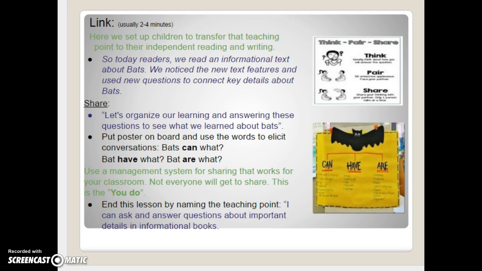You can put up this poster on a board. You can project it on a whiteboard, however you like to do that. But you're going to use some words to elicit the conversations. Bats can what? Bats have what? And bats are what? Again, we're looking at those key words to drive that information and to make those connections